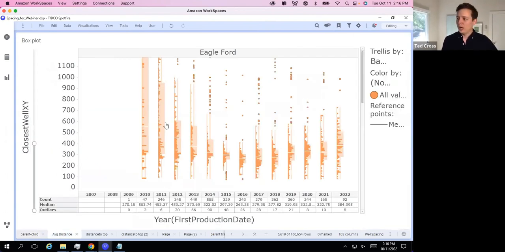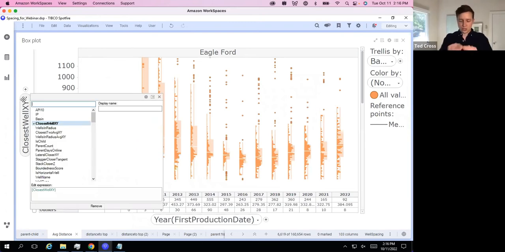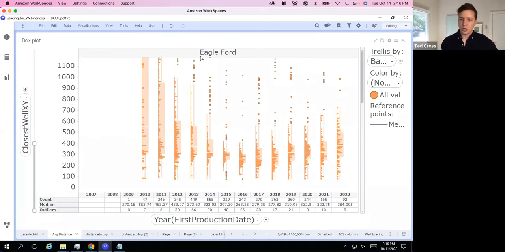Okay, I'm going to show you a different item here, which is the closest well XY, and this is just looking out laterally for the closest neighbor. We filtered out wells that are directly above or below, using a little cone, and we're looking just laterally to the side of either well. I'm showing you the Eagle Ford again.